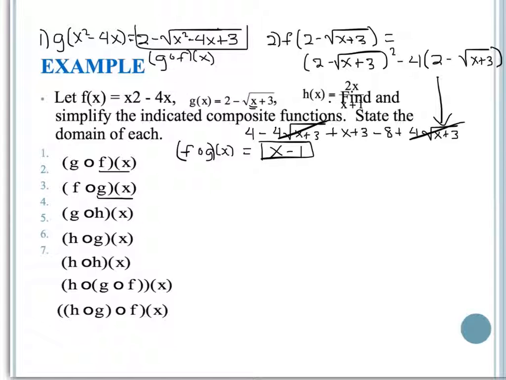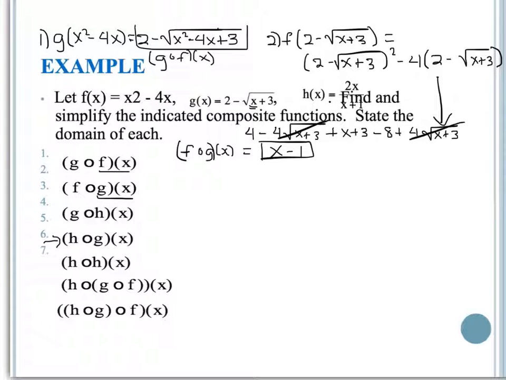Now, as I look ahead to some of the later problems, in particular, I'm looking ahead to the ones that have 3, the triple compositions. I can see that in one of them, g of f is in there, and we did g of f in our first problem. But in the last one, I can see that h of g is in parentheses, and we haven't done anything with h in it yet. So I want to make sure that we handle h of g, because we haven't done anything with a fraction in it, and